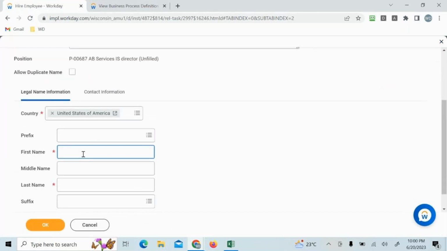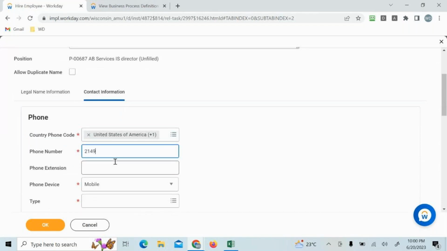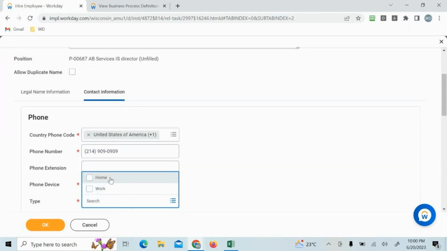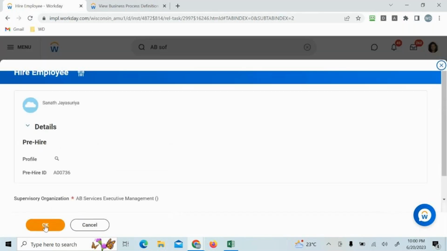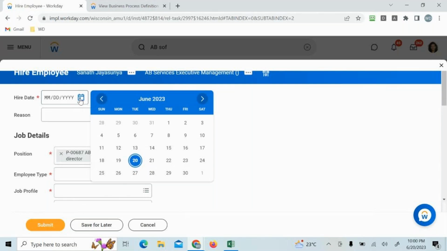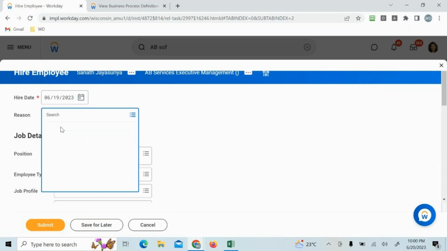and I'll give Sanath. I'm just giving a random name here, and I'm giving the contact information, a phone number, for this person. And I'm going to click on OK. Now it will take me to the hire page. Here I'm going to give the hire date. Let me give it as 19th of June,